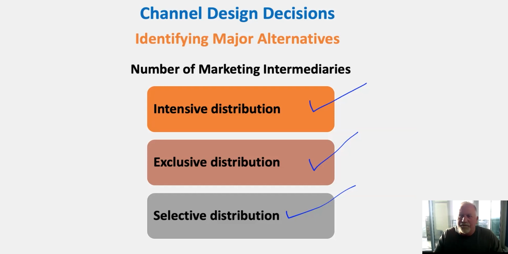So there are a number of different types of major intermediaries in the marketplace. This pretty much covers the concept of channels. I know we covered it at a fairly high level. We're going to get back to a little bit of that more as we move forward in the course. I hope you found this to be interesting.